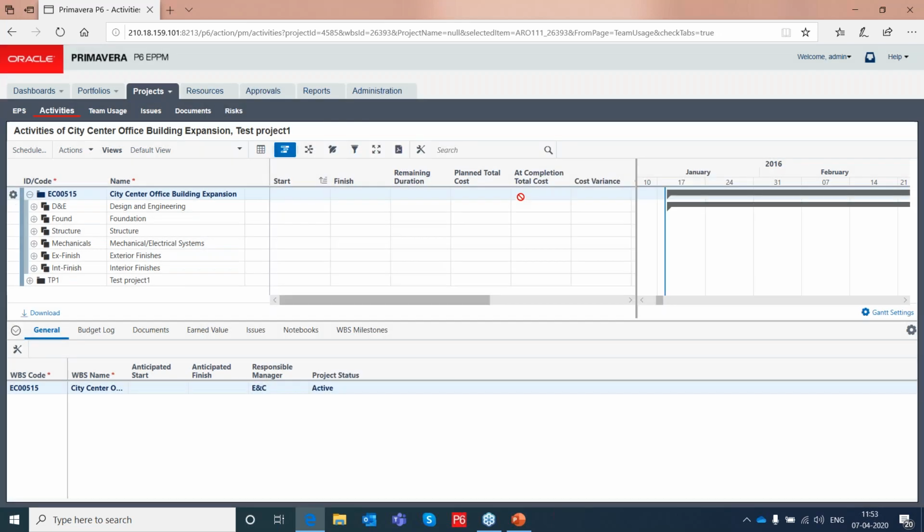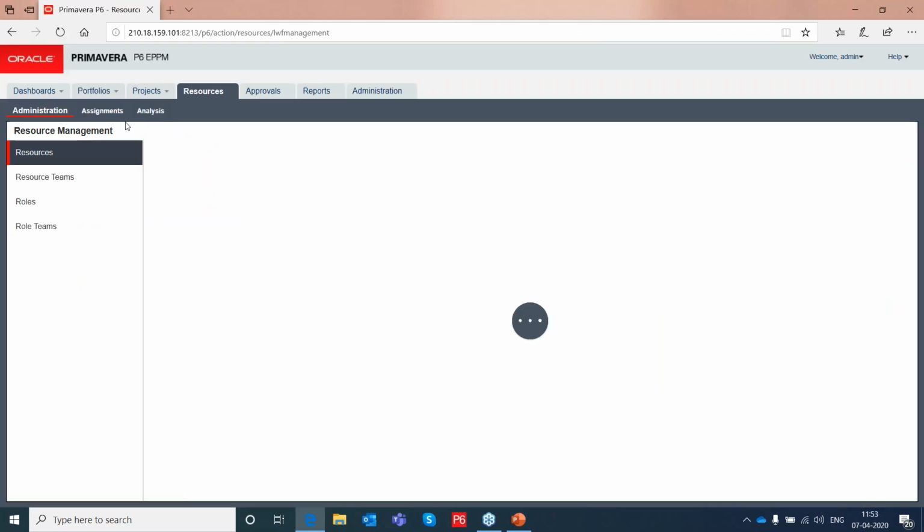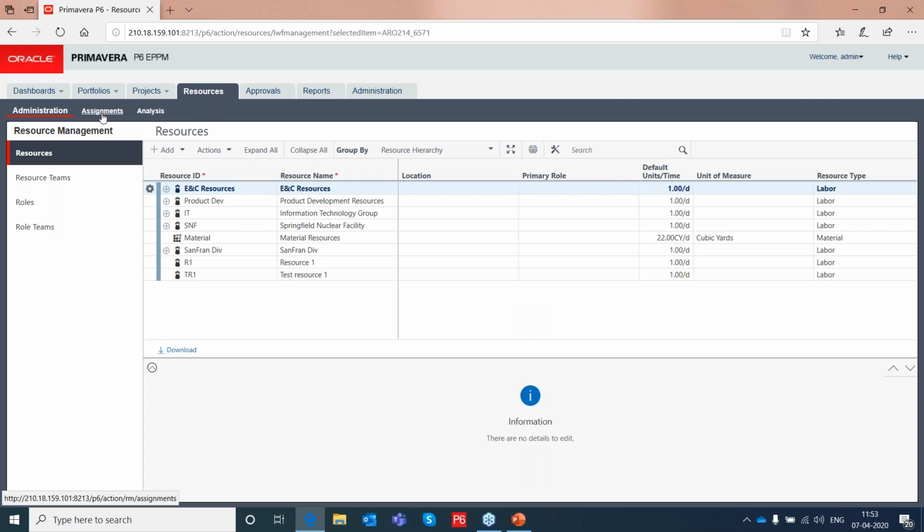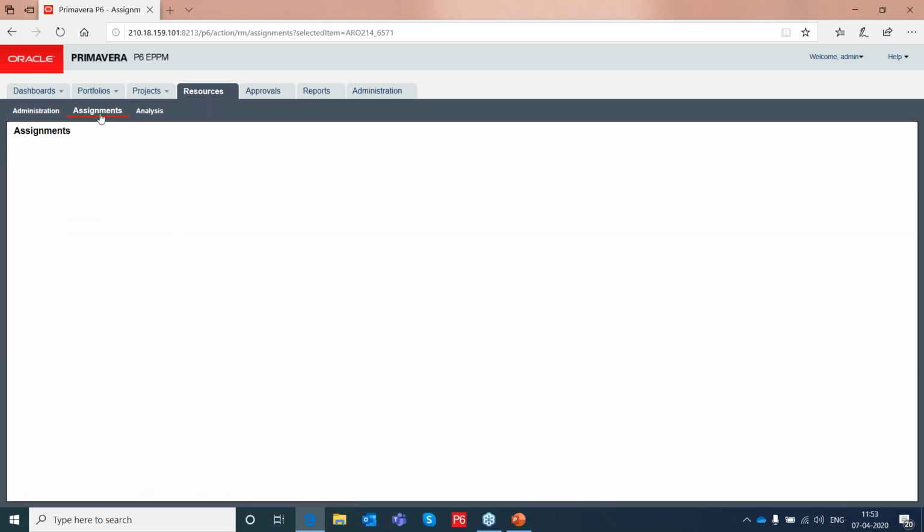Okay, now that we have created the resource, assigned the resource, then checked how the resource is getting utilized, and if there are over allocations, we have done the leveling also, right? Now let's go to the resource tab once again and see the utilization of that resource, not for just one resource, for all the resources, how it is getting utilized across the projects.